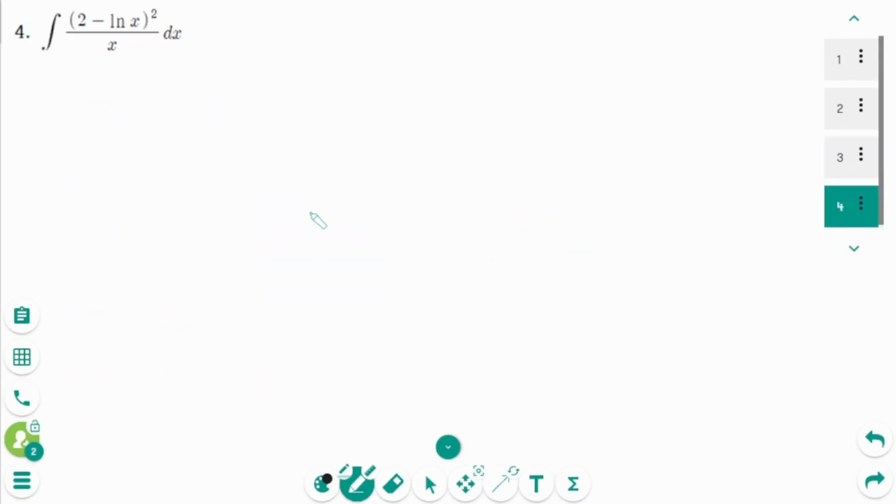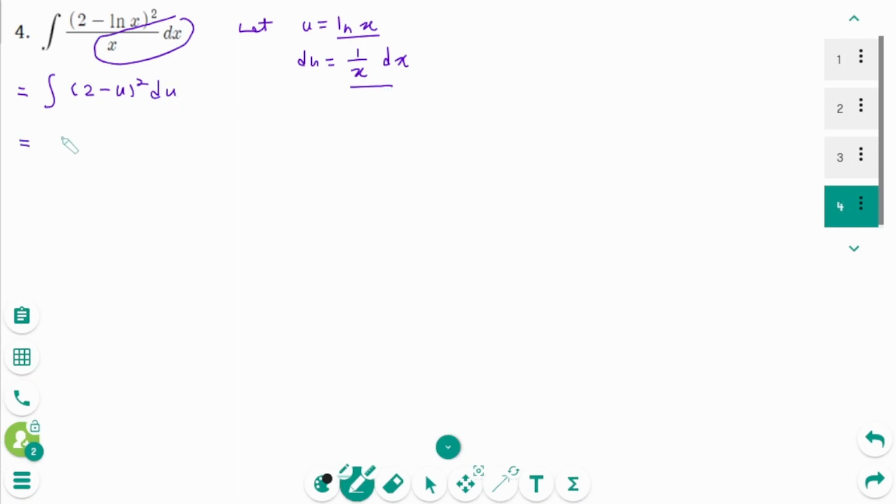Number 4. When students see this problem, they will put ln x as u. So let u equal ln x, then du equals 1 over x dx. Let's replace all x into u. The integral of 2 minus ln x, which is u, squared, and 1 over x dx is du, equals the integral of